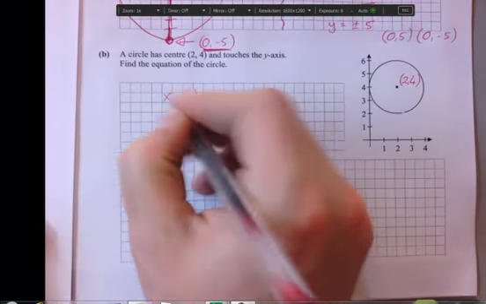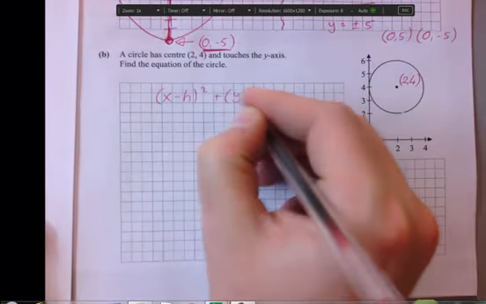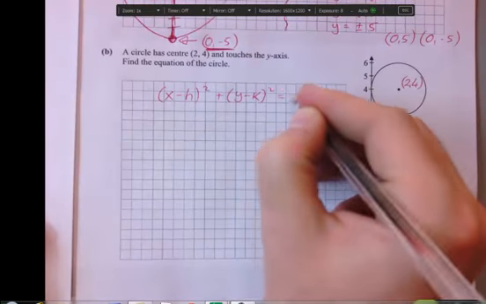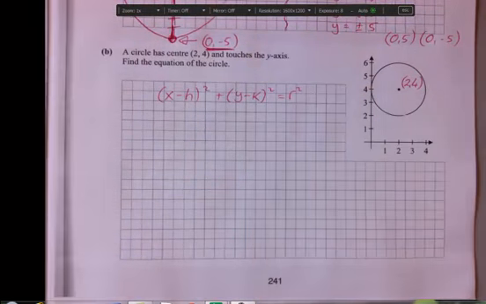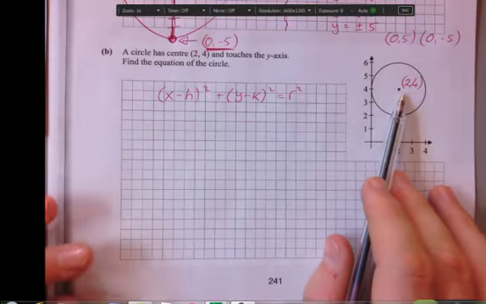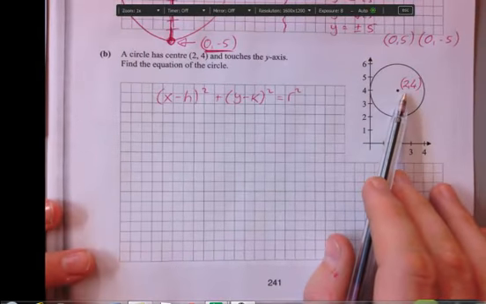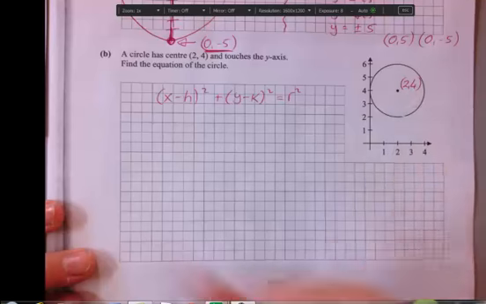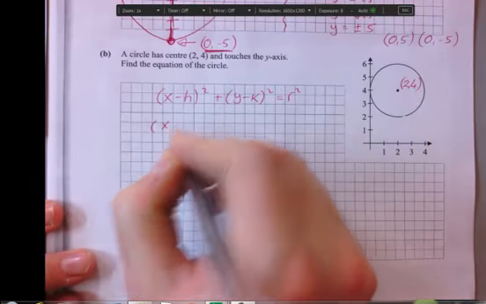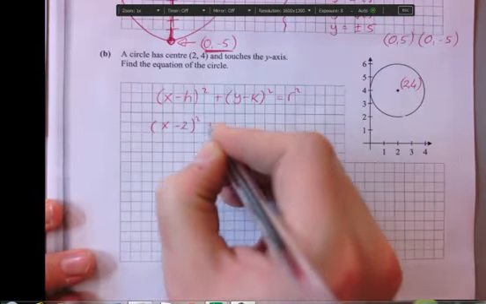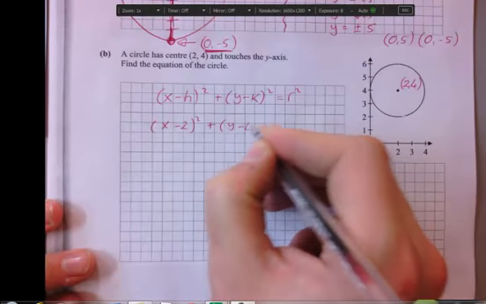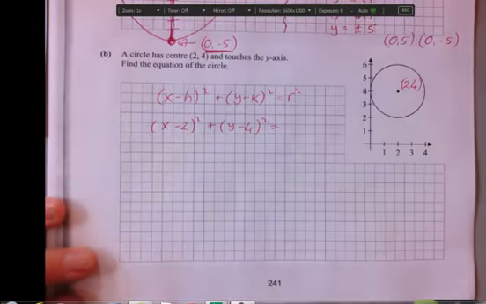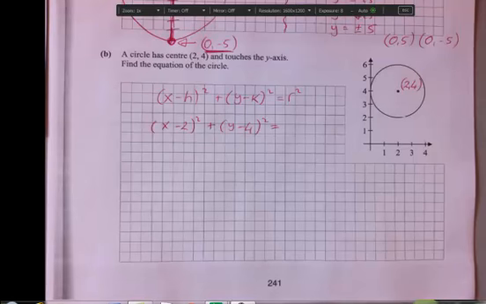x minus h all squared plus y minus k all squared is equal to r squared. h and k is just the center, and you'd have learned in class that when you're popping it in, you just make sure you change the signs. So the start of this will be x minus 2 all squared plus y minus 4 all squared is equal to,